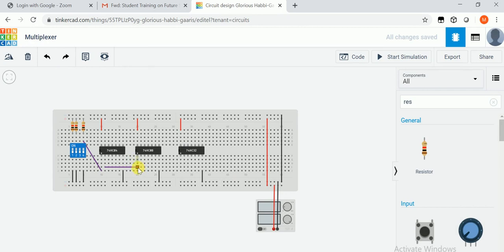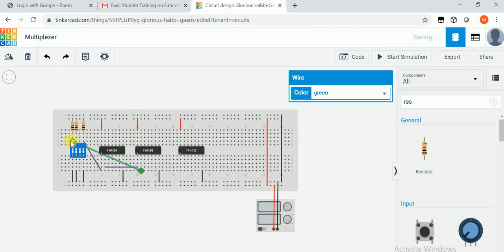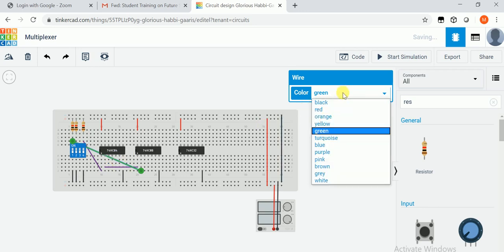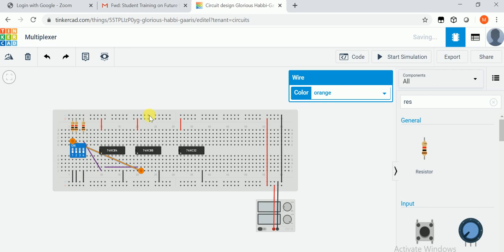The first AND gate will be connected with I0. So we will drag this line from I0. This first line will be our I0, the second line will be I1, and this should be our selection line. So make it orange. The third will be the output. So this will generate I0, S bar.